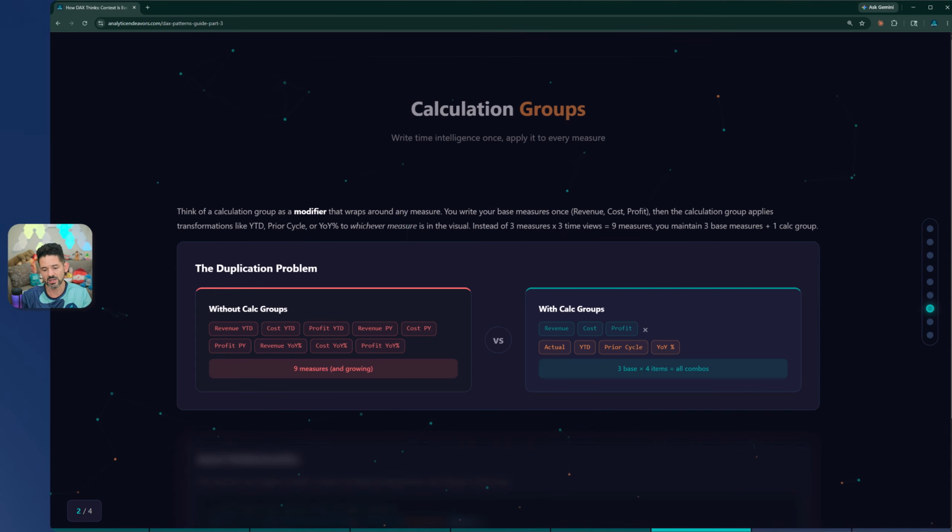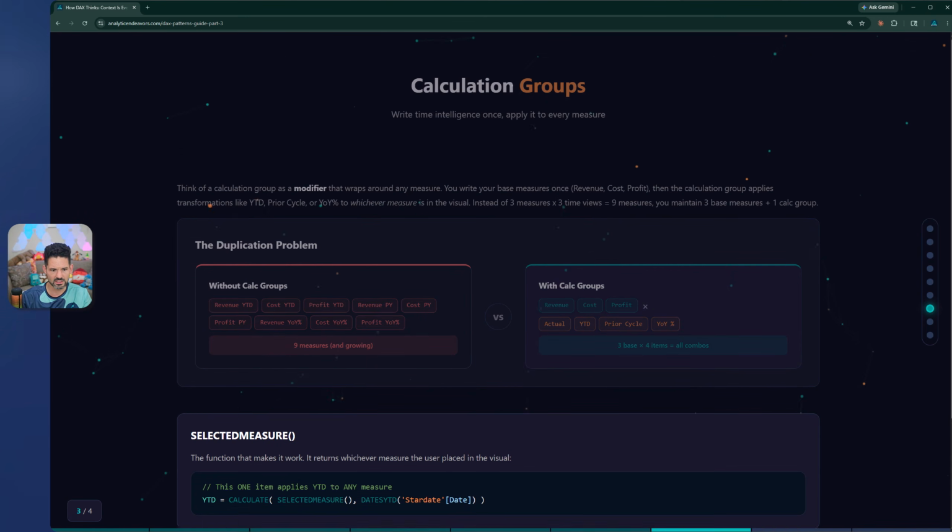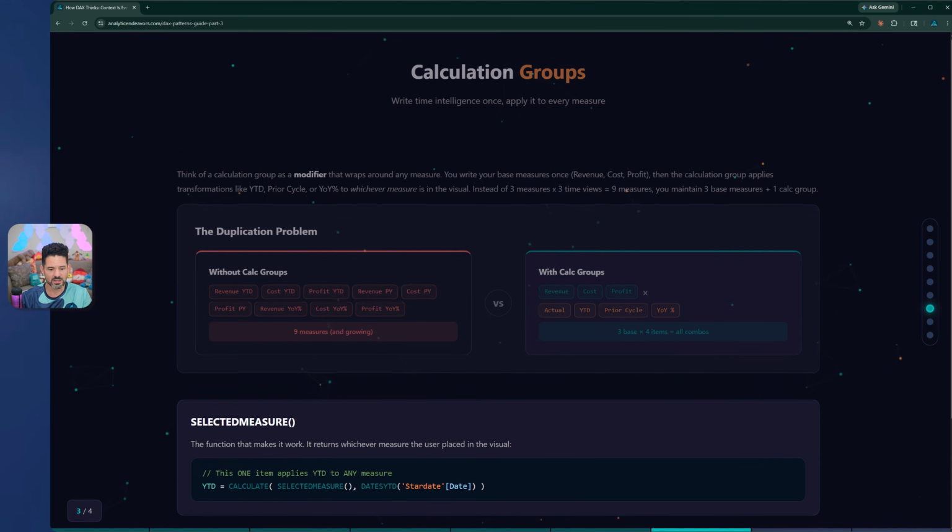I'll also recommend checking out the blog post in my guides section on field parameters versus calculation groups. It digs a bit further into those. I'm approaching this from the perspective of how the DAX logic works for them, less about how the output works from the report layer. Now, digging into this a little bit and scrolling down, selected measure is a great example